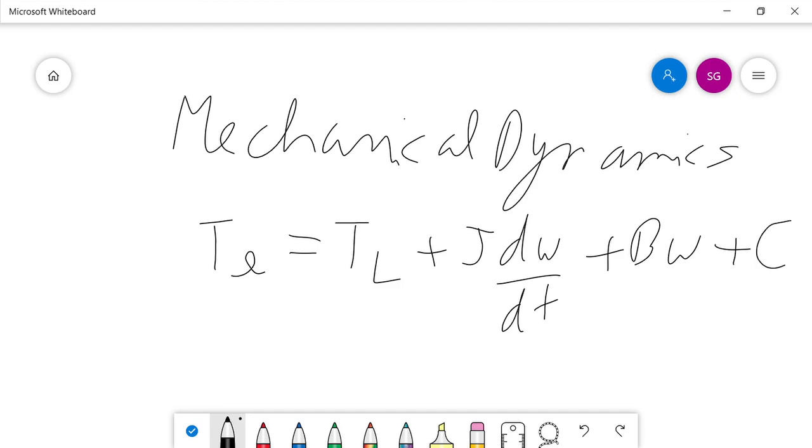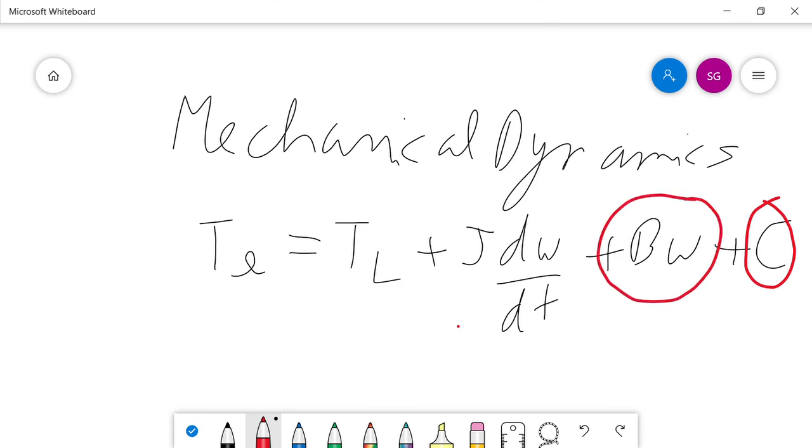But here we are going to neglect this C part as it is very low. And in Guru Kumar sir's NPTEL lecture, this B omega has also been neglected, if you see. But in the lecture class, we have considered this equation